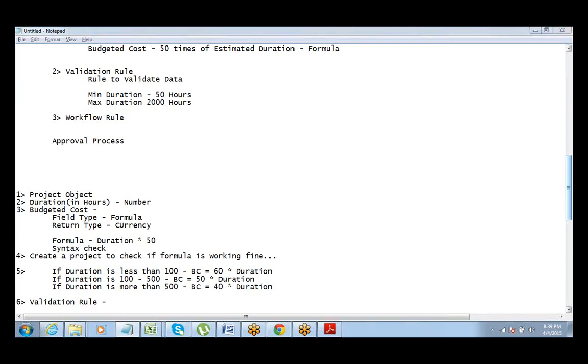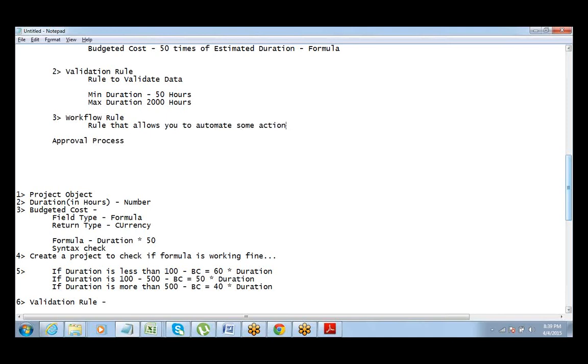So now what are we going to do with this workflow rule is, this is again a rule that allows you to automate some action. You can automate some action using this rule.